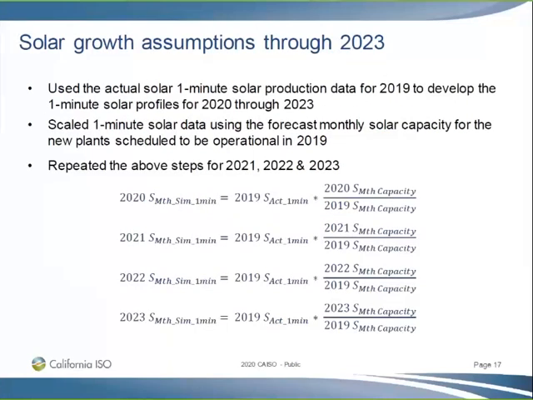Slide 17 shows you how we generate the solar growth. It's fairly simple. Now we can do this only because we have so much solar and wind on the system. When we started this analysis way back in 2014, the reason we have a latitude and longitude is that we had no historical data to really build on. So we had to use the NERC data set to generate profiles.